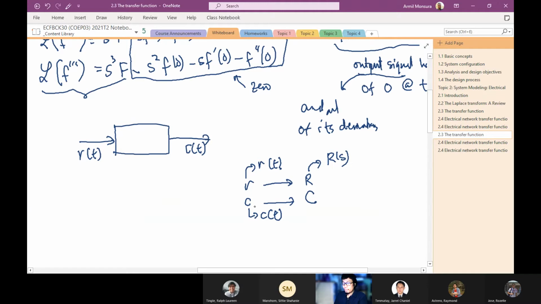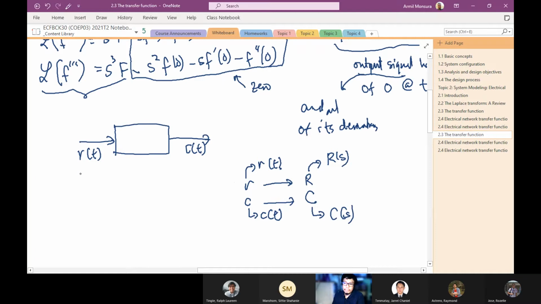Now, again, the Laplace transform of c of t is the uppercase C, and it can also be written as C of s instead. This is the functional notation. But when we want a bit of a shortcut, let's just use the uppercase C to denote the Laplace transform of this signal. Okay, so going back,